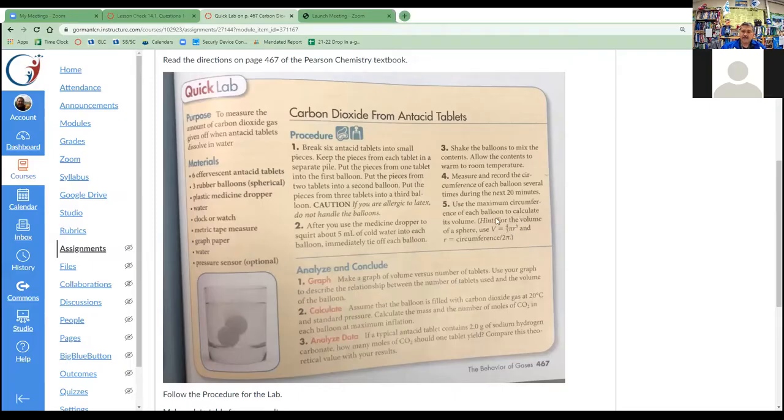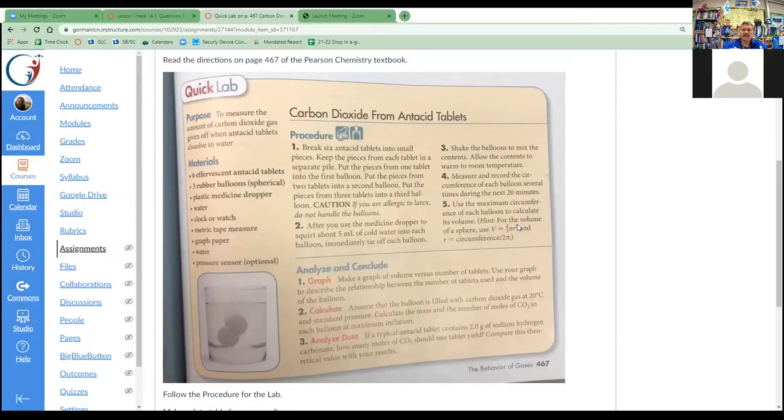And then you're going to use that number, the circumference, in this formula here to get R. And then you're going to plug R into that formula to get the volume. So we're going to see how the volume changes in time. The difference between the 3 balloons will be one will have 1 tablet, one will have 2 tablets, and one